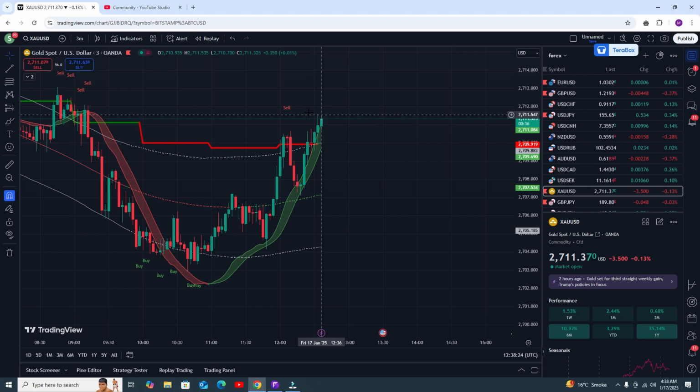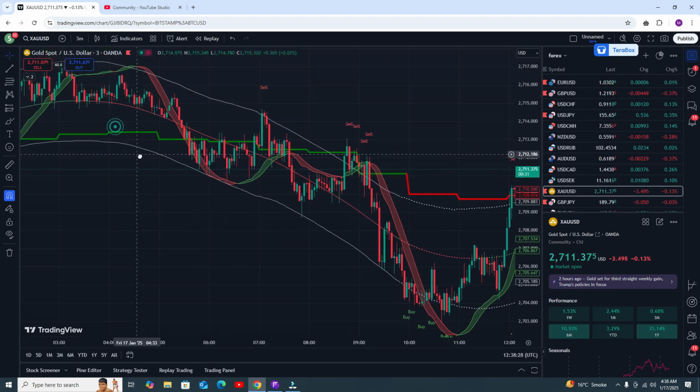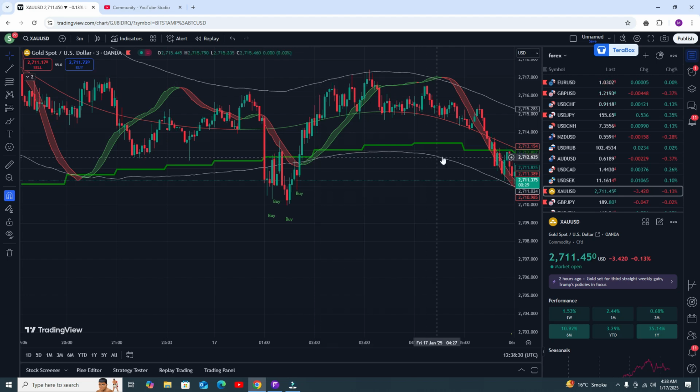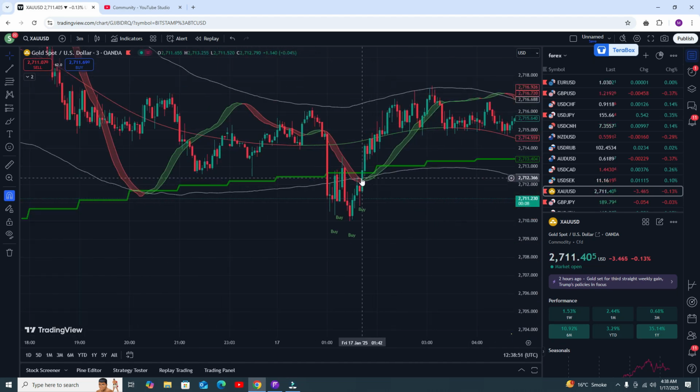First we need to understand the strategy. Let me show you some details here. First, this is actually an RSI ribbon. There are three band lines: the upper band line, middle band line, and the lower band line. There are also some buy and sell signals, so many. And there is another thing, that is a trend line.